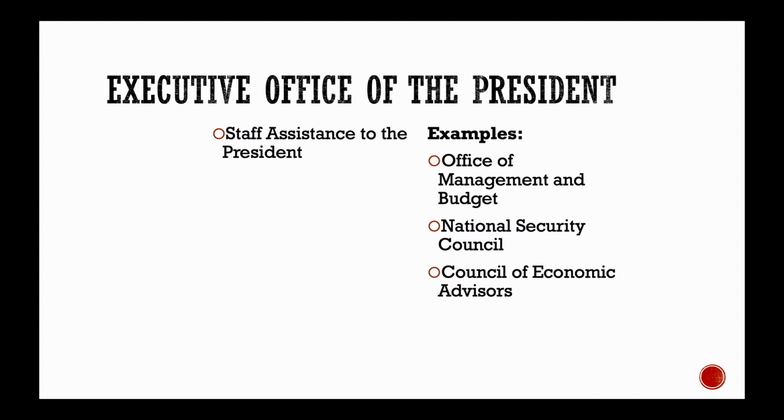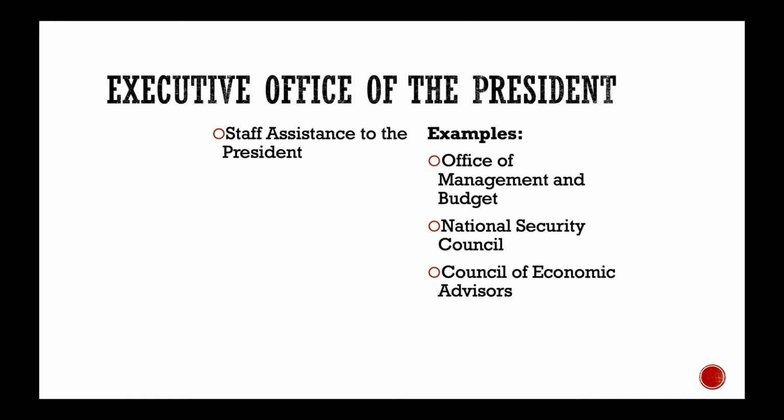So inside the White House, there is an explicit part of the structure of the White House called the Executive Office of the President. And this was instituted during the administration of Franklin Delano Roosevelt. And its goal is to be staff assistants to the president. So this is not necessarily about politics or policy. That will come in a minute. This is more about sort of information gathering that's specific to the president in terms of making their decisions. And so examples of this are things like the Office of Management and Budget, the National Security Council, and the Council of Economic Advisors.